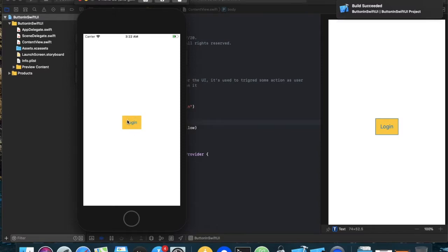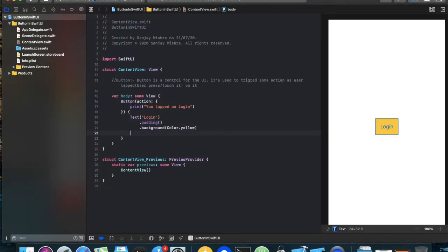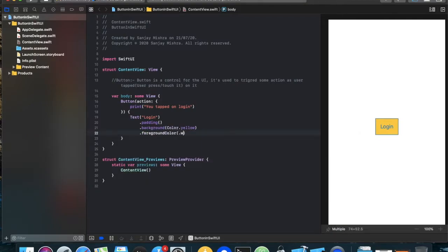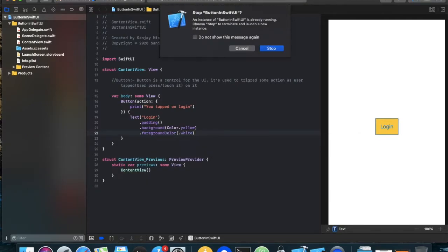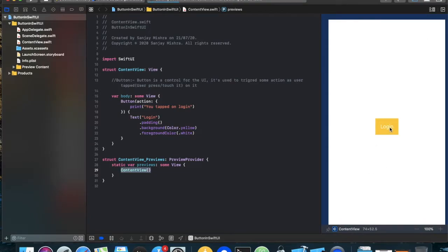The padding applied is whatever area we have, that is applied due to padding. And then if, let's suppose, I just wanted to apply the font color as white. Dot white, and then run the application. And even if you don't want to run, just resume the application, you will have the output.